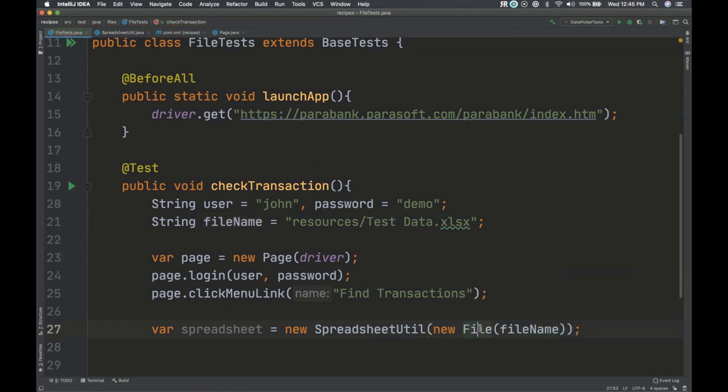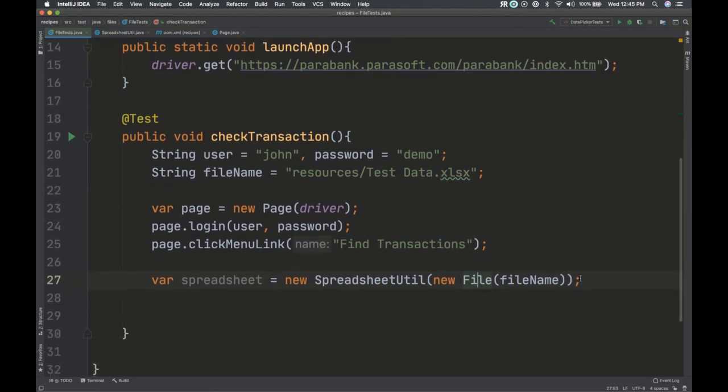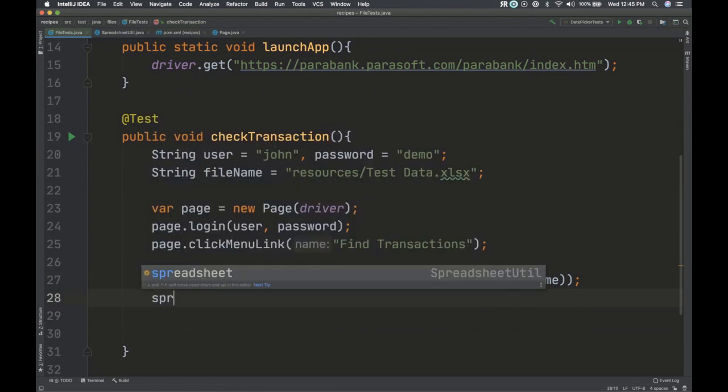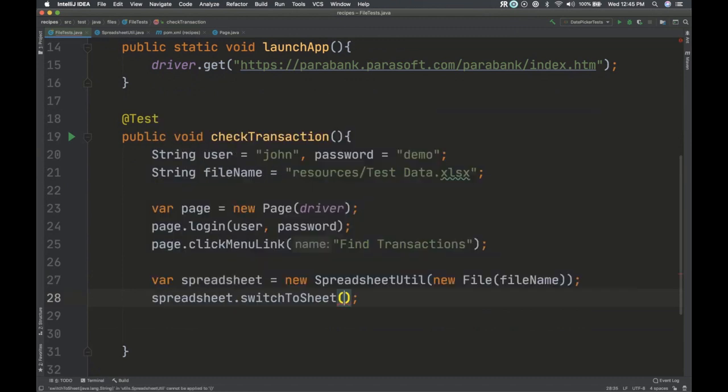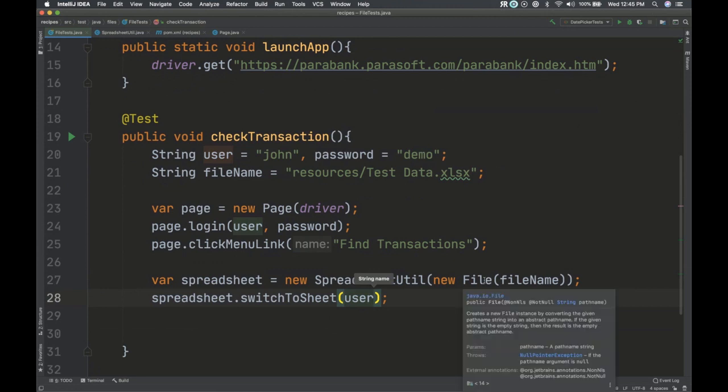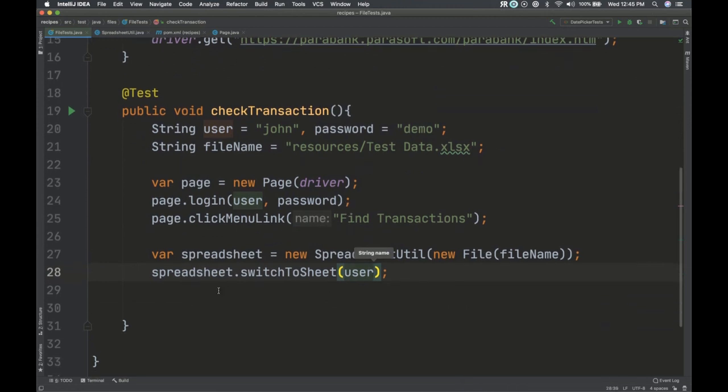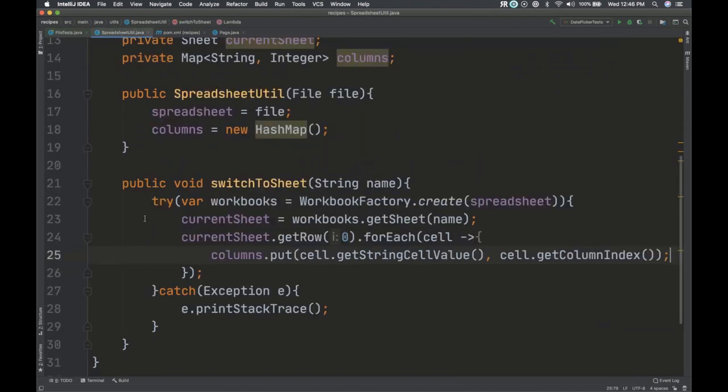Beautiful. All right, and we want to switch to the sheet, right? So spreadsheet dot switch to sheet, and the name was John, so our user. Beautiful again. All right, let's just see that much in action to make sure our columns are getting populated.